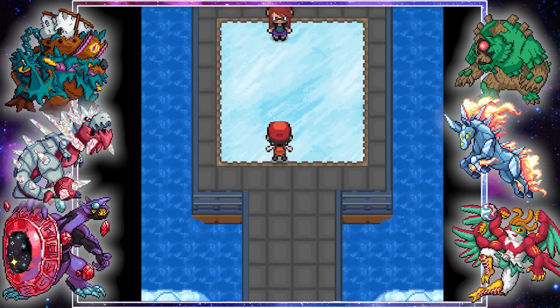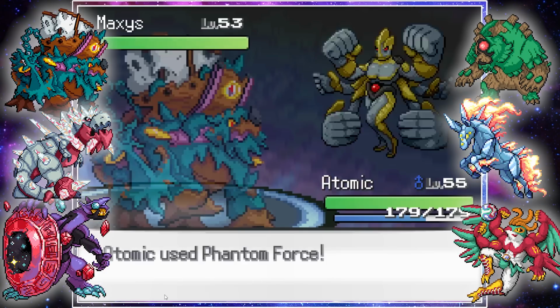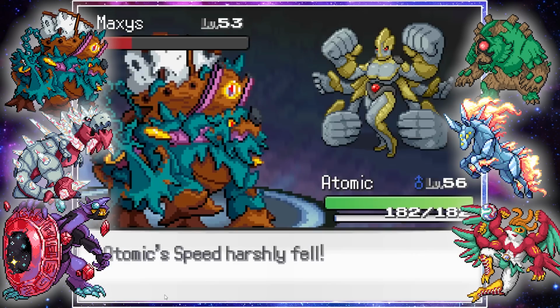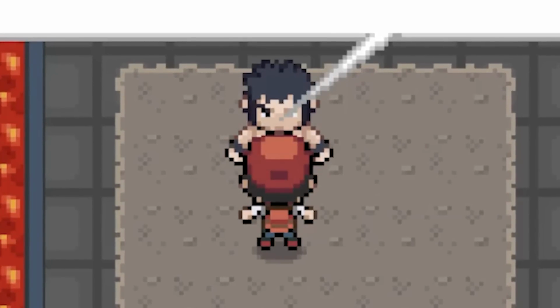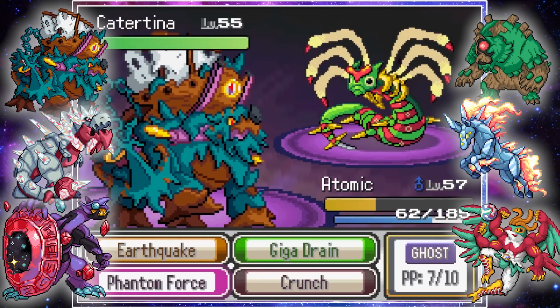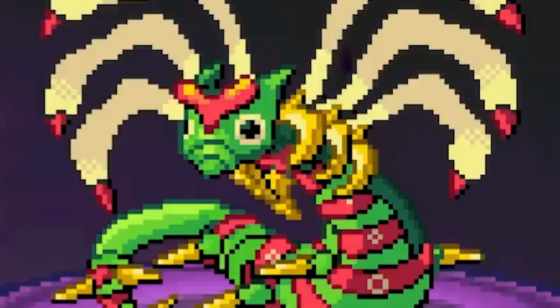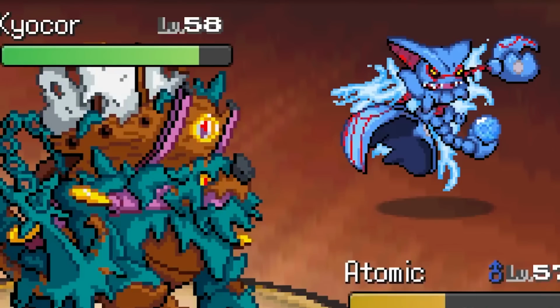Heading into the Elite Four, I'm only going to show the cool fusions that the members had. Lorelei had this buff Deoxys, which we've seen in other videos, but it's always cool to see it again, and it's incredibly strong. Bruno had nothing good. Agatha had this creepy Caterpie Giratina, which I'm not sure if it's cool or just awful, but now you've seen it. You're welcome. And finally, Lance had this amazing Kyogre Gliscor fusion, and you can never really go wrong with